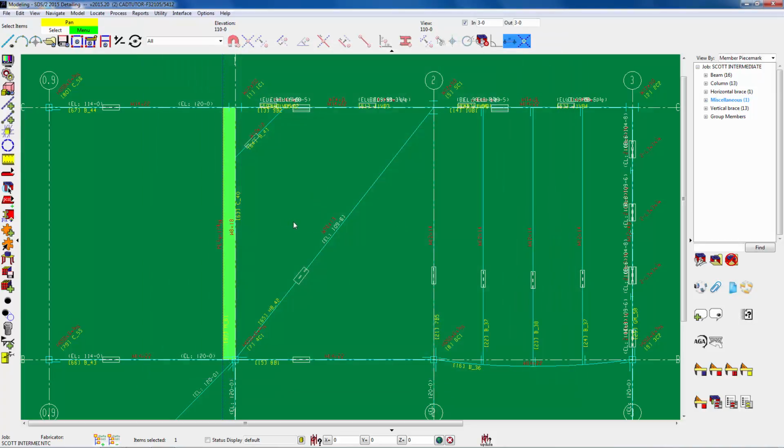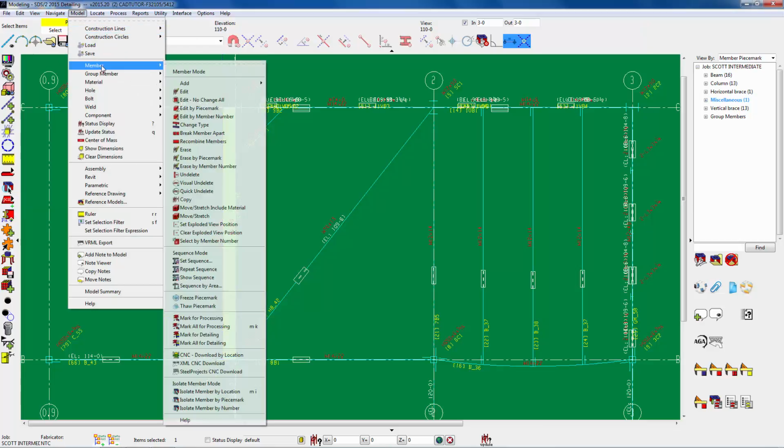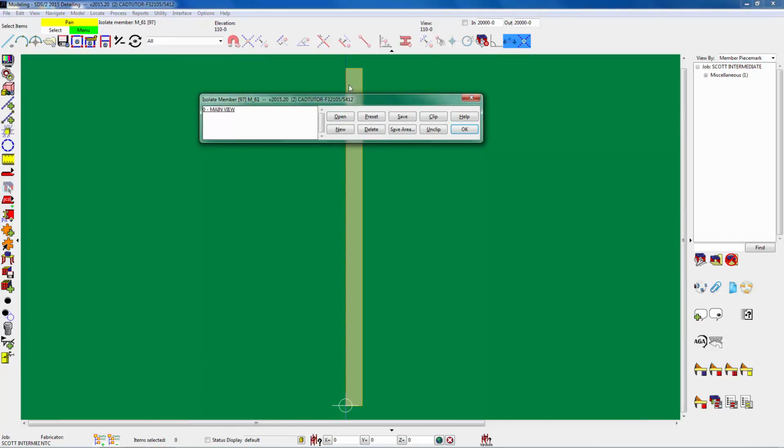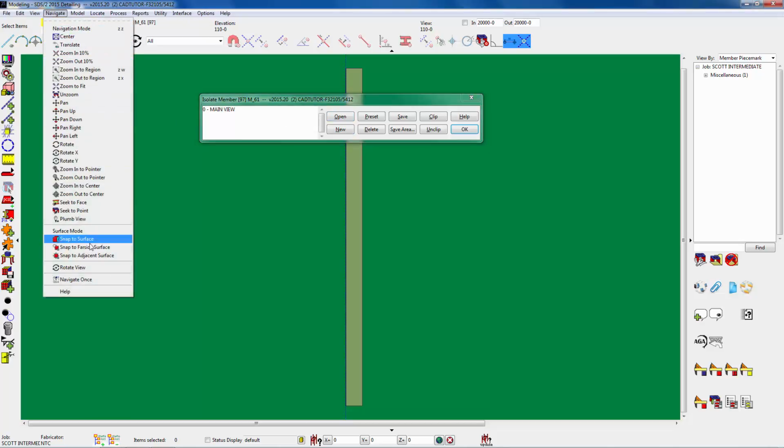Next, we'll exit out of here. And we'll isolate that member using your member isolate over here, or again from your pull downs. You can go member model, isolate member by location. We had that member highlighted, so it pulls up that member. And here you can see your main view as shown. So for miscellaneous members, you can rotate the main view. So in this case here, we go to view